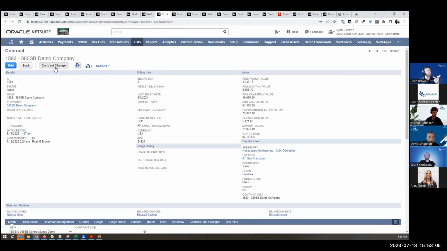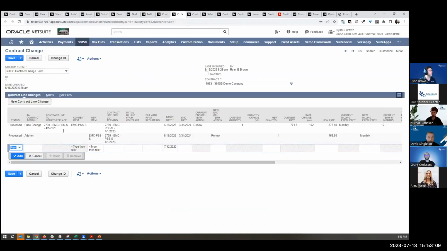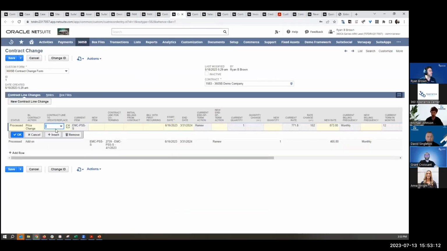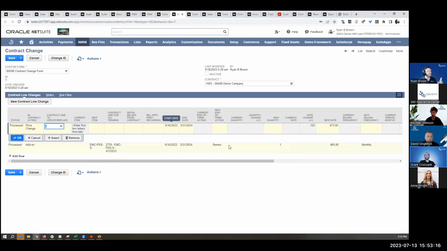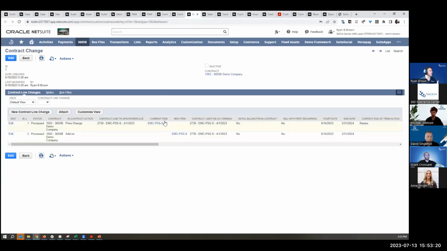You can integrate them in from Salesforce. You can just enter a new sales order. You can also click a button to create a contract change and essentially say, hey, I want to change this line with this new start date or this new item or this new rate. You can see I've started to enter some of this stuff here and I'm running out of time,